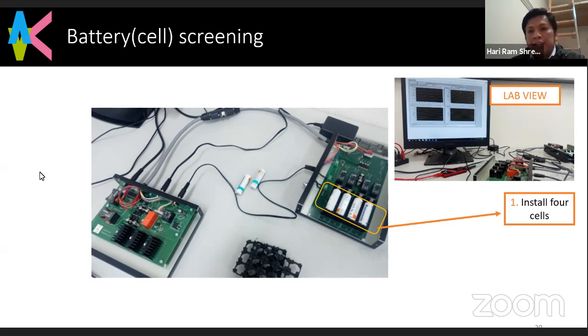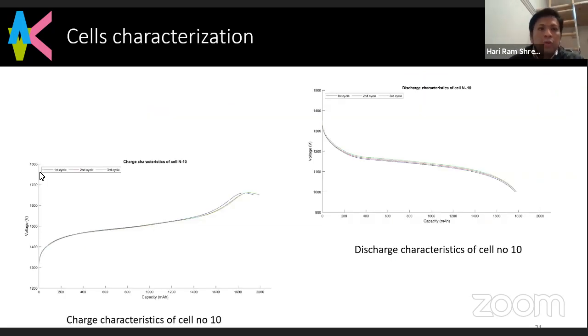Regarding this system, first is pre-discharge, then charge, post-charge, and again discharge. So it takes a minimum of 18 hours for the battery for one time. We can see this is an example of the battery cell screening. I'm talking about the battery part because this one is very important for the safety issue. Also, for the ISS, this one is very important. We need to give a battery verification report. Otherwise, our satellites will not be accepted.